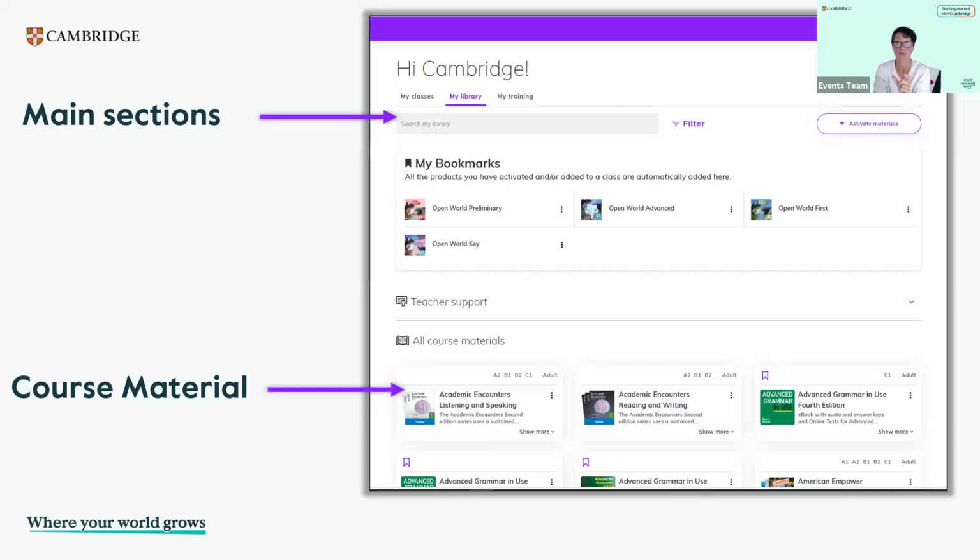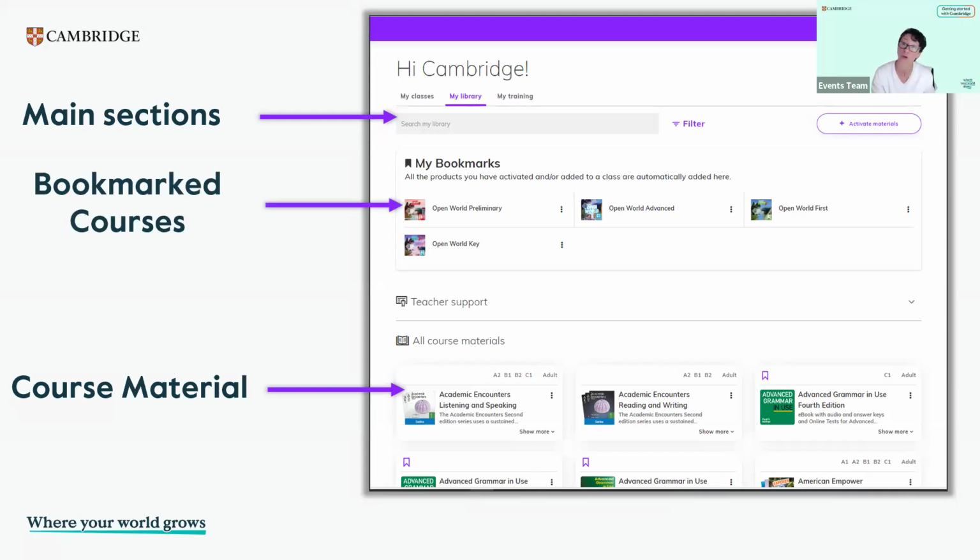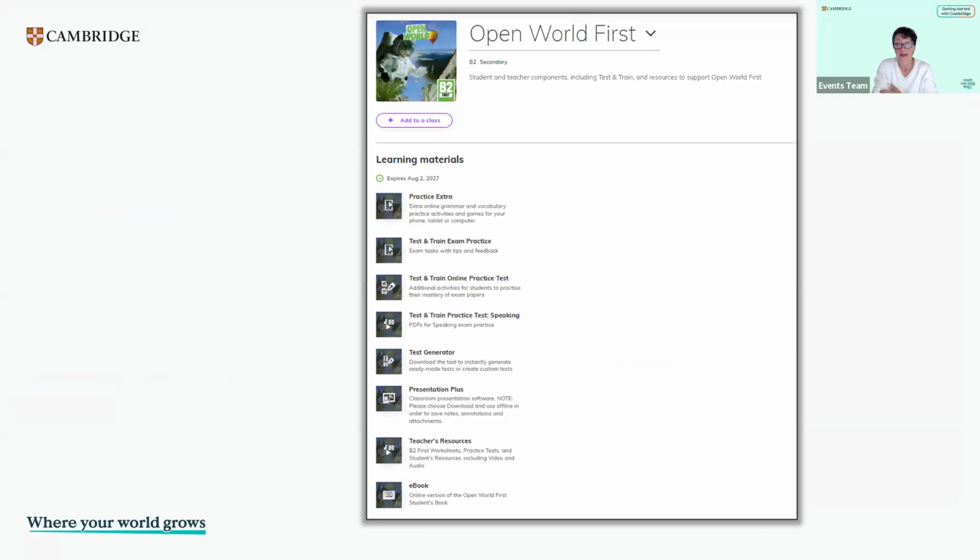You activate it with the code that you have in the teacher's book. And then once you've activated, you can actually bookmark the materials that you use. So you can have easy access immediately to Open World in this case, for example, once you enter Cambridge 1. And with Open World, this is where you have access, as I mentioned, to all the teaching and learning material